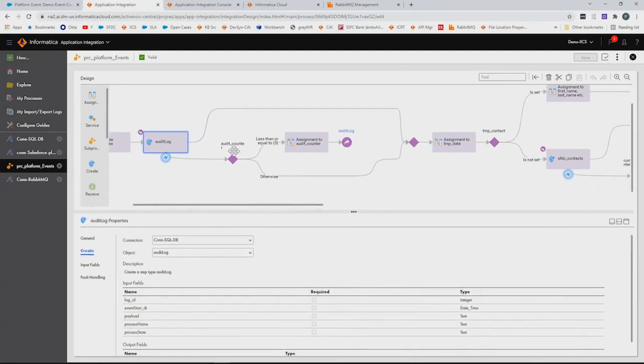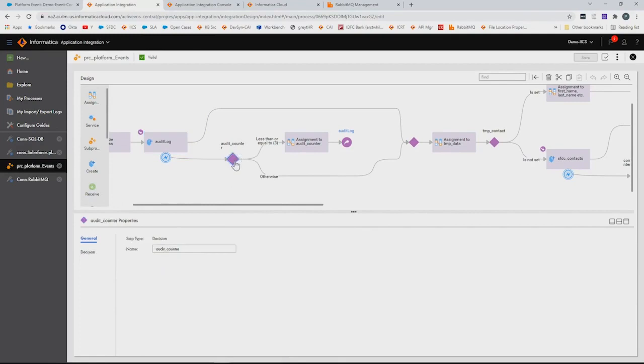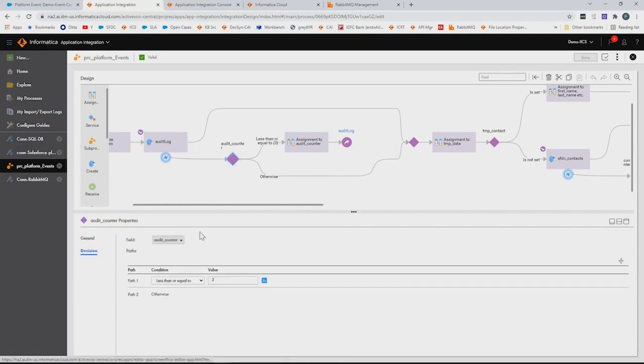In case there is any error during the logging, it will perform the retry. For performing the retry, we have an audit counter that will count for 3 iterations, and if it exceeds 3 iterations, it will move forward.